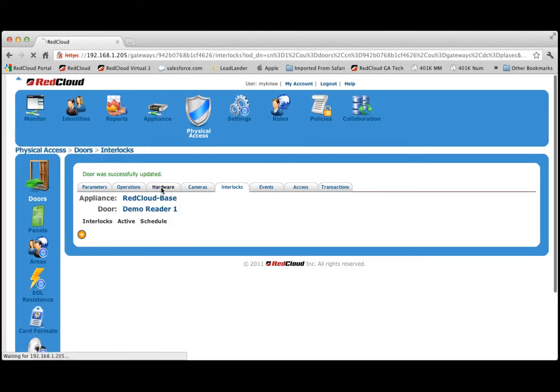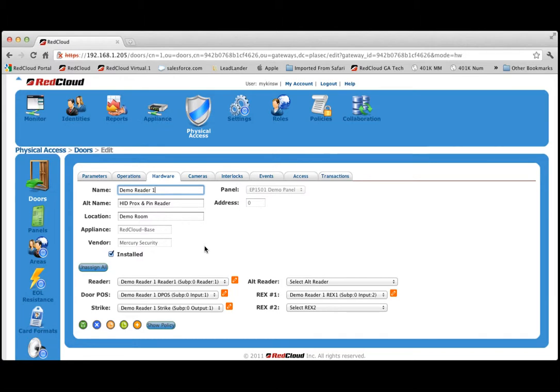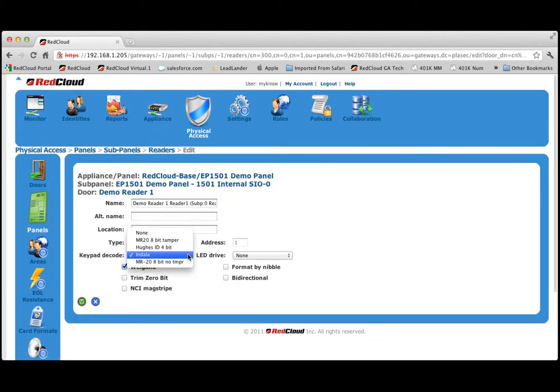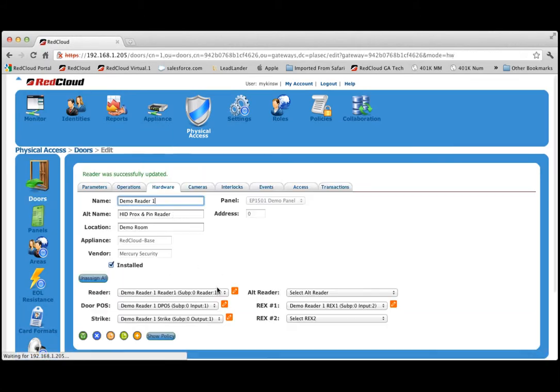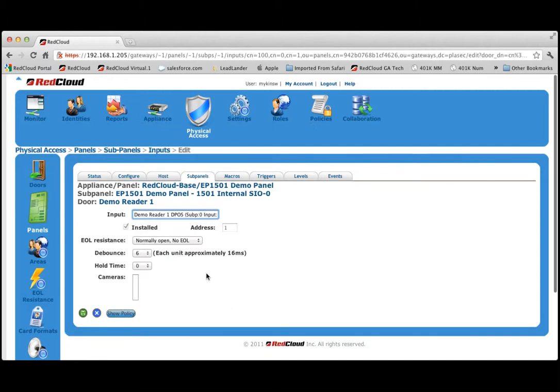I'm going to step back for a second, though, and go back to that hardware section. One of the things I want to show you is these orange pencils that showed up. Now, since this is a card and pin reader, I'm going to go into the card and pin reader, and my reader happens to be an Indala formatted reader. So I'm going to check mark the Indala format for the pin code. If you're using a standard Hughes ID 4-bit format, you're going to choose Hughes ID 4-bit format. Is this a Wiegand type reader? So I'm just going to go ahead and choose the Indala, save that, and then I'm going to decide